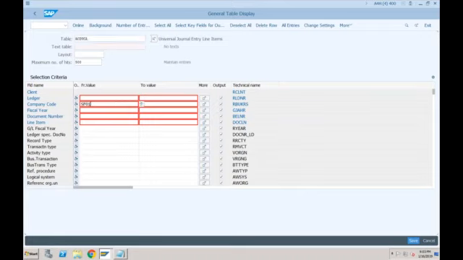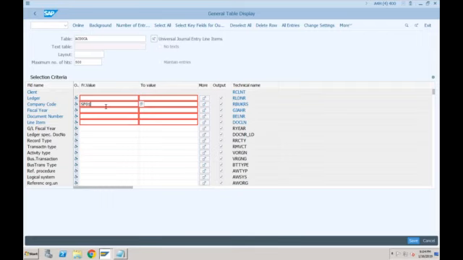As of now, BKPF is still available. The target of ACDOCA is not to replace the main tables of SAP, not to replace BKPF and BSEG. It was trying to replace the new GL tables like FAGLFLEXA. Earlier FAGLFLEXA was used.